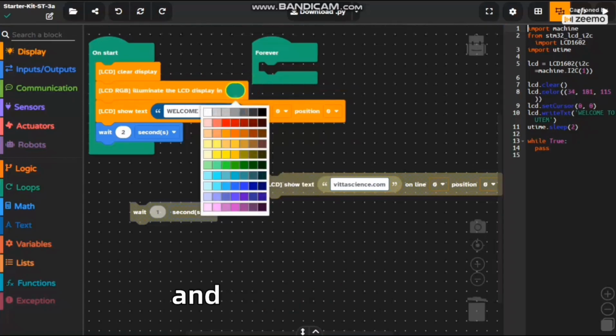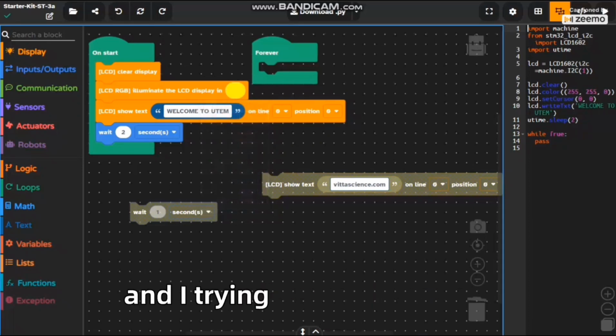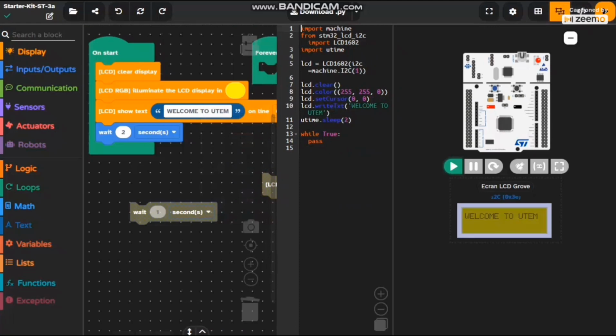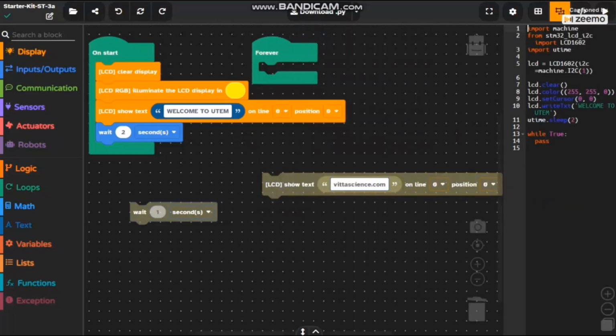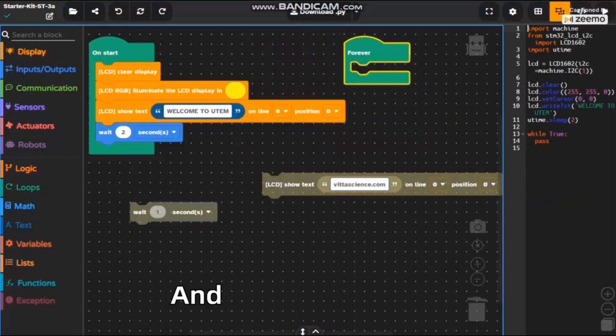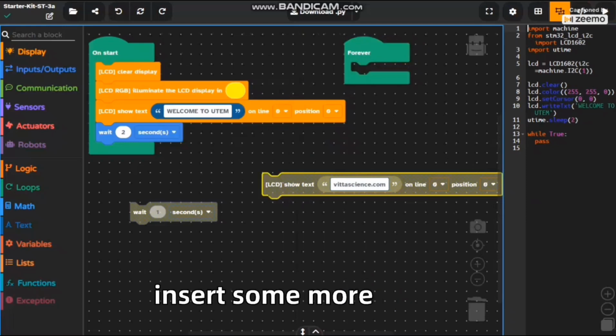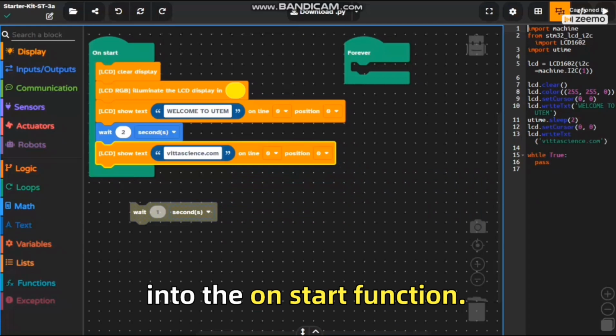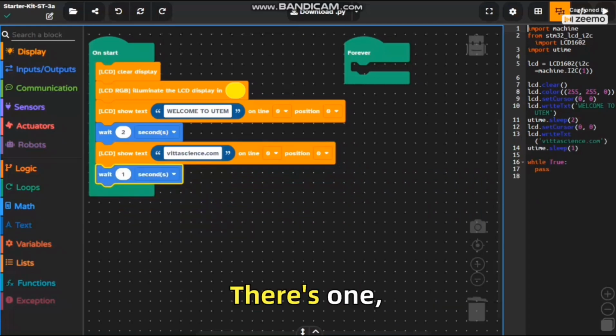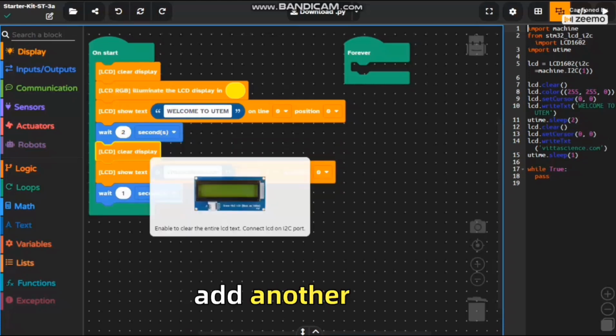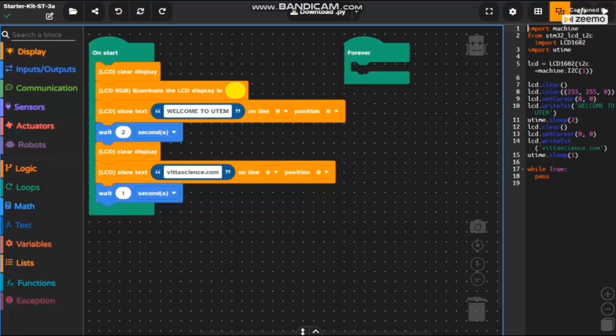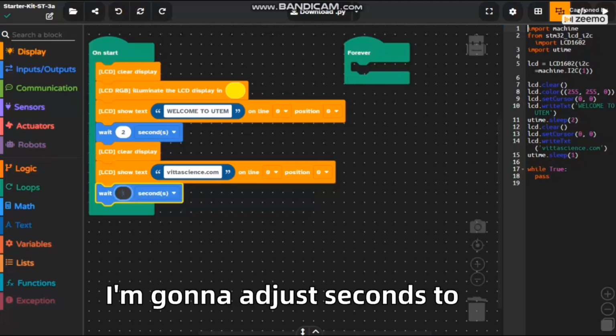So we can see there are a lot of colors, and I'm going to choose yellow, and I'll try to run it and see. So we can see that the LCD color changes into yellow. And now I'm going to insert some more inputs into the on start function, there's one, and there's another one, timer, and I'm going to add another clear display so that it will not interrupt the welcome to U10 text. Then I'm going to adjust the seconds to 2 seconds,